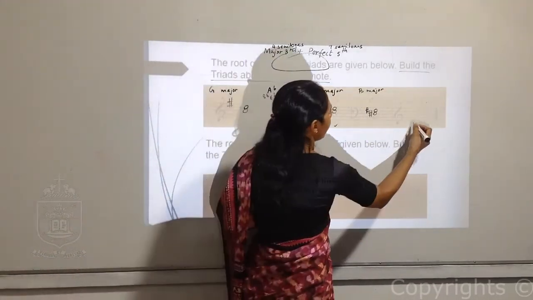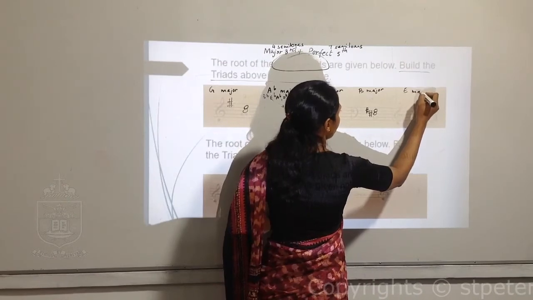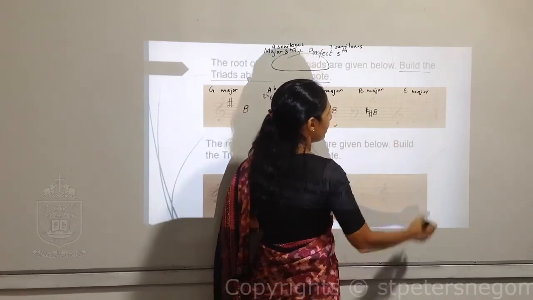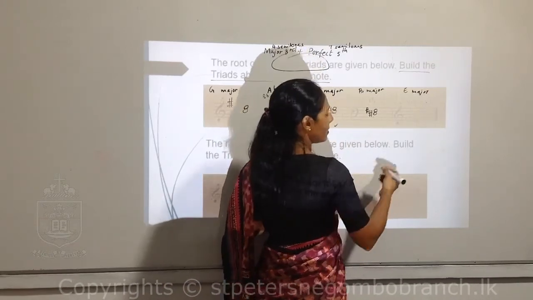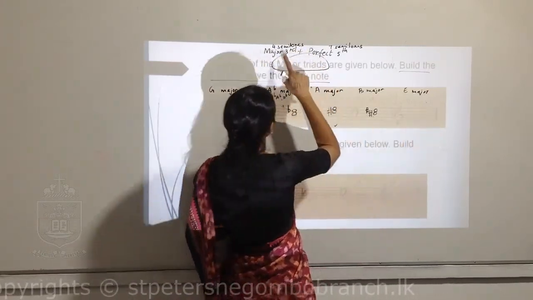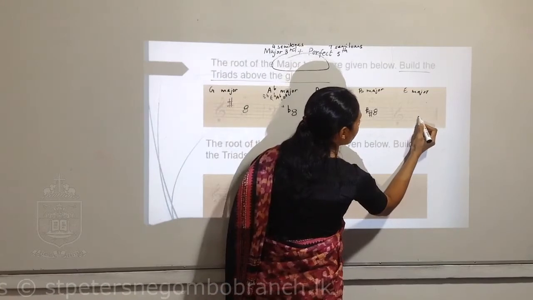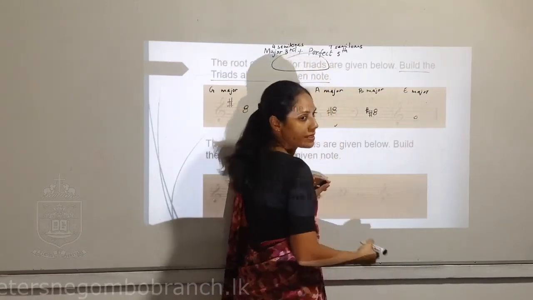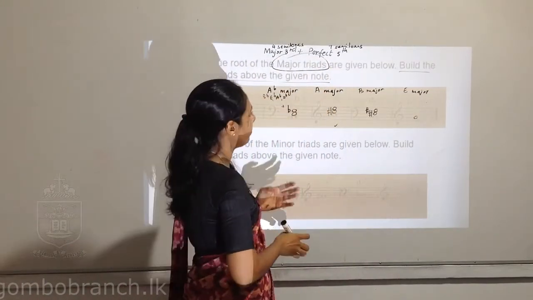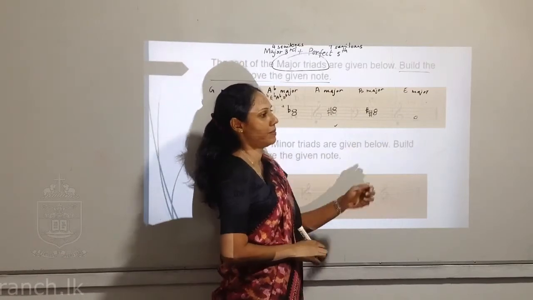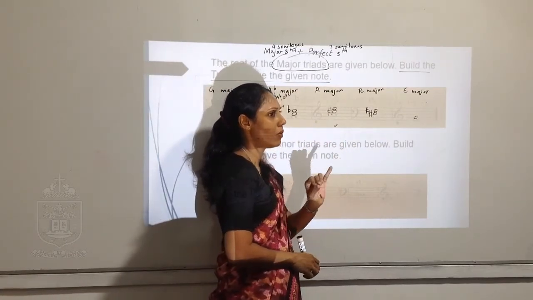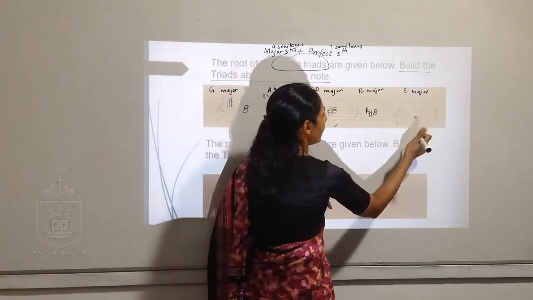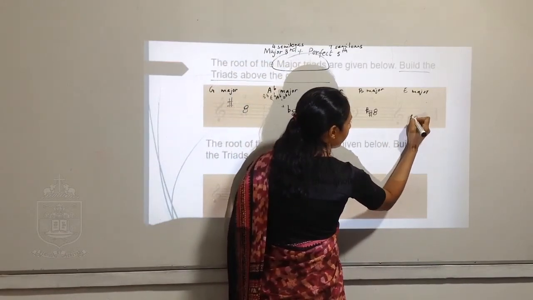Last one, E. So this one is E major. So we will form the second note, the major third: 1, 2, 3. We check the semitones. There should be 4 semitones: E, E to F, F sharp, G, G sharp. We want G sharp. So we have G, and we can add a sharp in front.